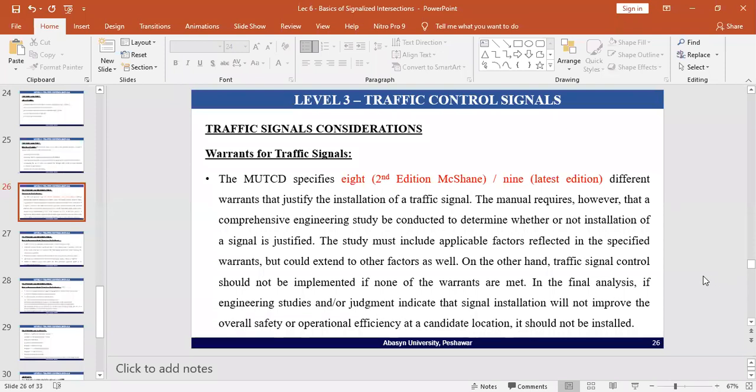Okay, so first you must conduct a local study. The local study must include the traffic volume on both the major and minor road, and the composition of the traffic. Then, for example, you can model that intersection in software and study its results like delay, travel time, everything. Now, compare these values with the present situation.